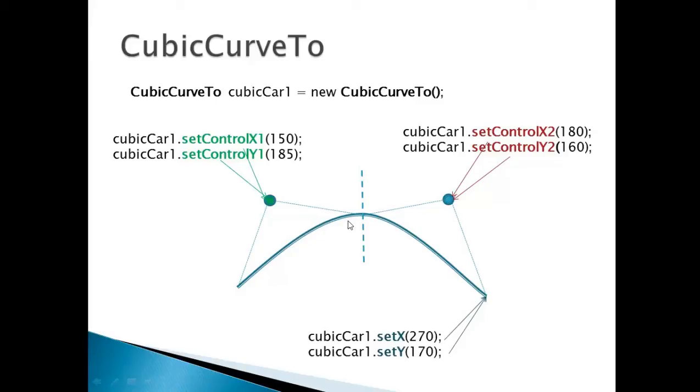Remember, they will pull the segment from the midpoint to the start point, or from the midpoint to the ending point, depending on the point. Okay, so let's go back to NetBeans,